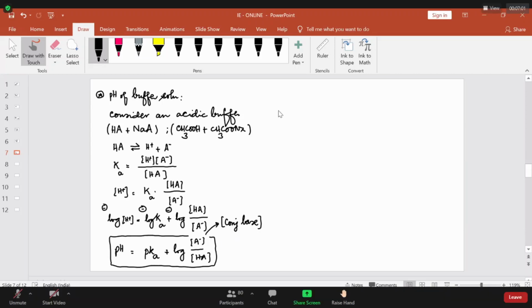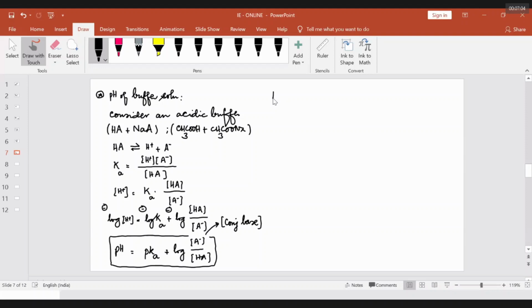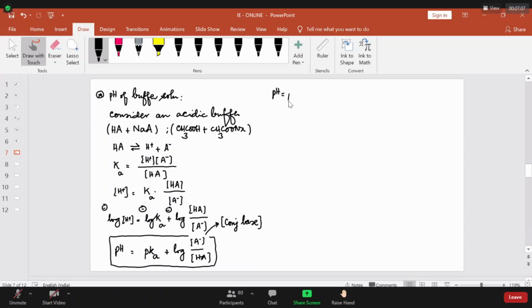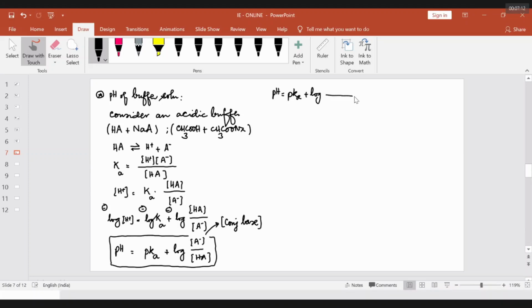Therefore, whenever we write the pH value, remember, pH is equal to pKa plus log of concentration of conjugate base of the weak acid by concentration of HA. People say commonly, doctors, lecturers, and books also say commonly, what is this? It is nothing but pH is equal to pKa plus log of concentration of salt by concentration of acid.